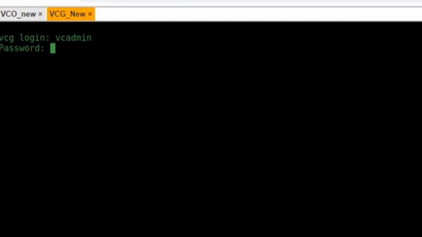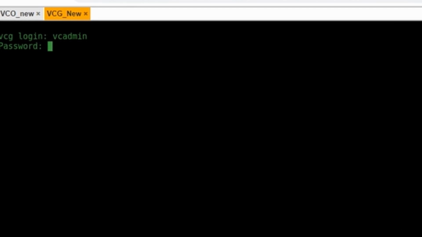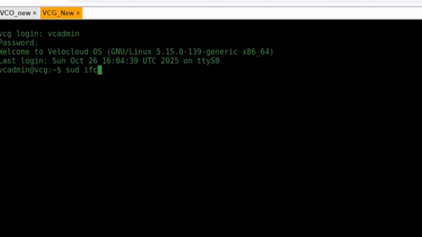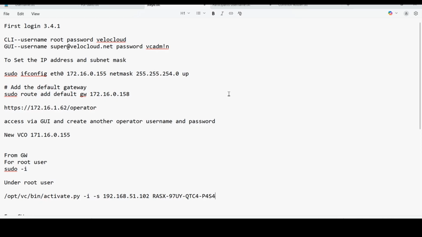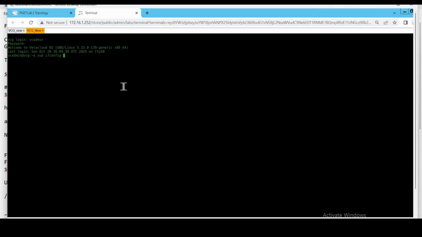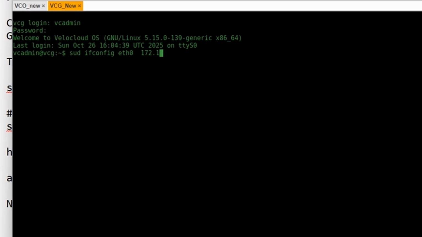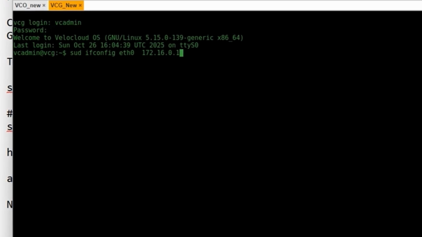Admin is the default username, actually. These are Linux commands. I'm not such a high expert on this, but whatever we need to do, I can do.